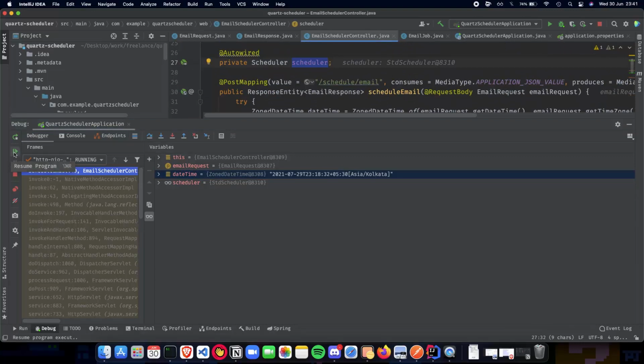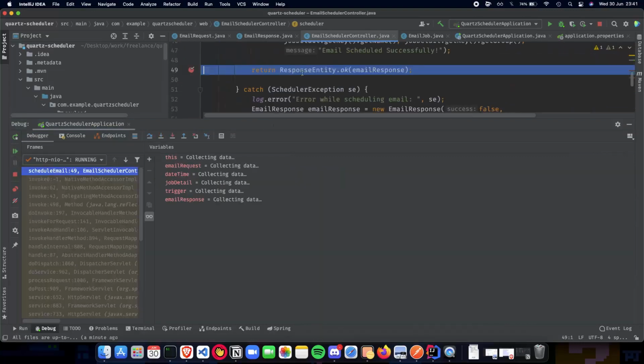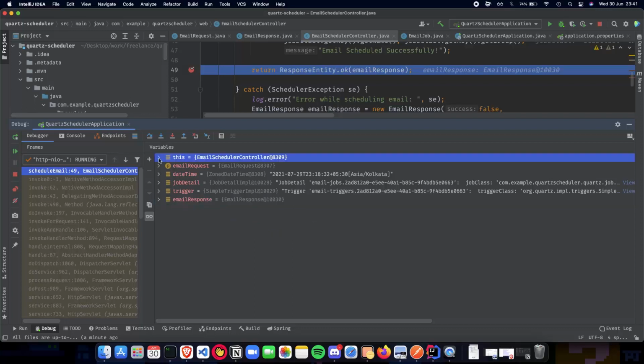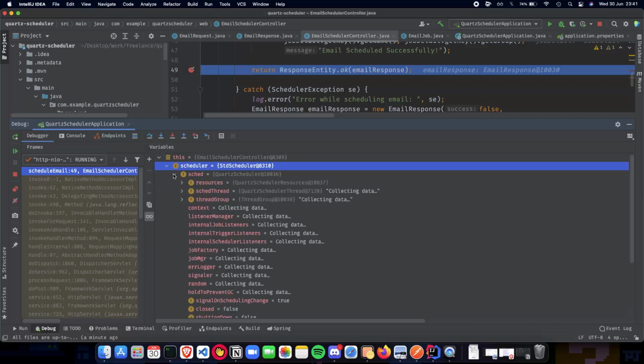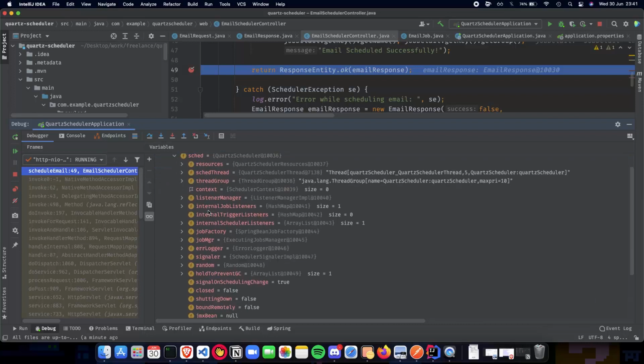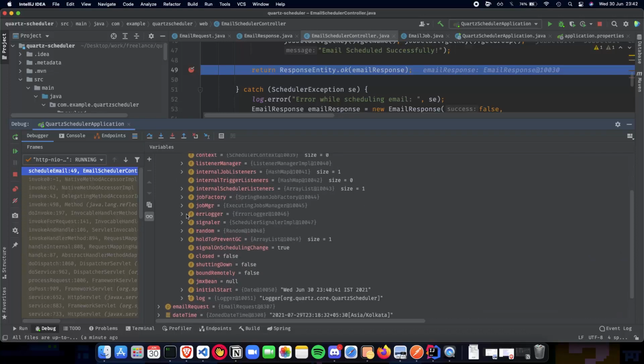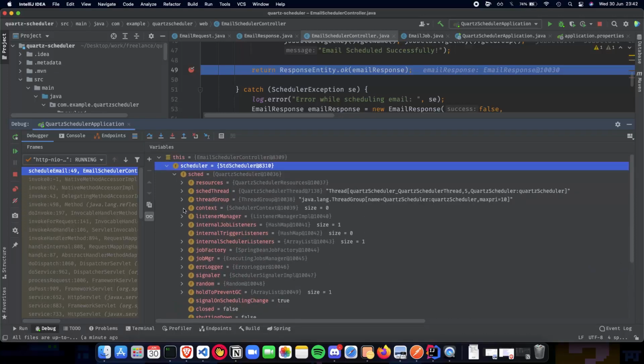And let's do a resume program, and then we get the email response. So now we have an email response, and we can see what is happening behind the scenes in the email response. So yeah, pretty cool stuff. A pretty interesting way of seeing how the program works behind the scenes. And now you can move around and see how each and every state changes when it goes through the program. You can see the scheduler, you can see what's happening behind the scenes inside the scheduler as well. You can see the job factory, you can see the job data map, you can see the log errors, job manager, all sorts of good stuff.